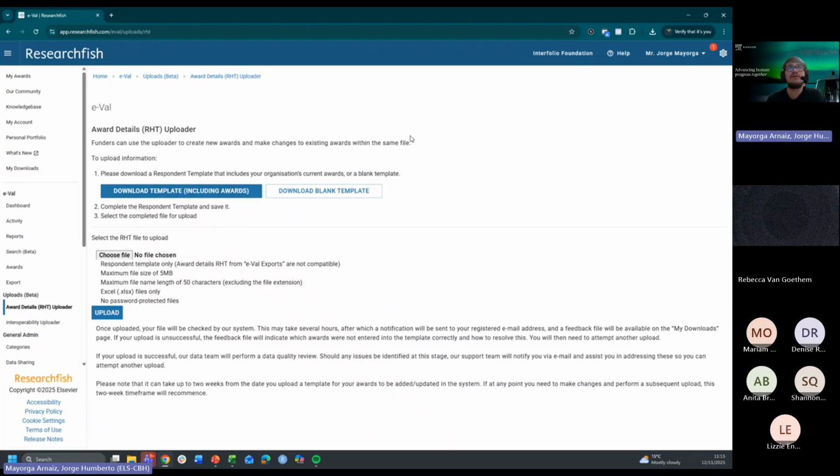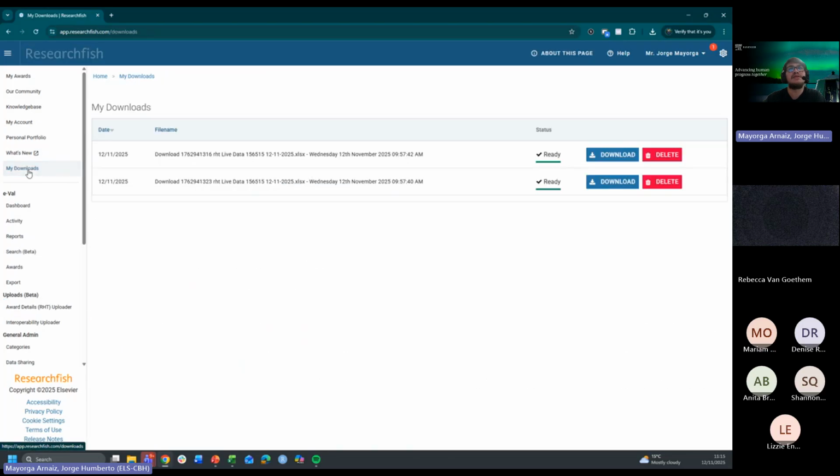do to current awards are only a handful, say maybe from 2 to 5, which you can definitely do them manually. But if you're going to be doing a bulk addition of awards, I would definitely recommend downloading the template, which includes the awards. So once you click on any of these, they'll be queued and they'll be showing later in the downloads tab over here,